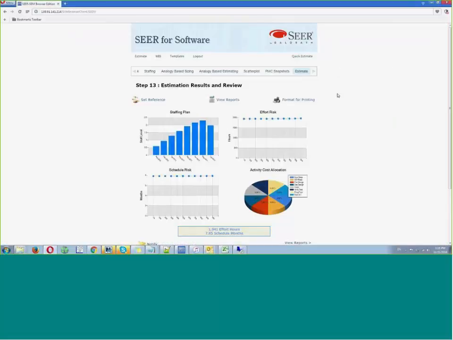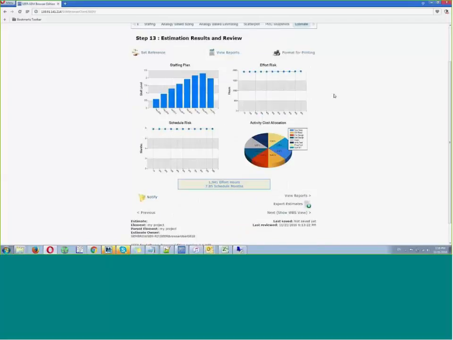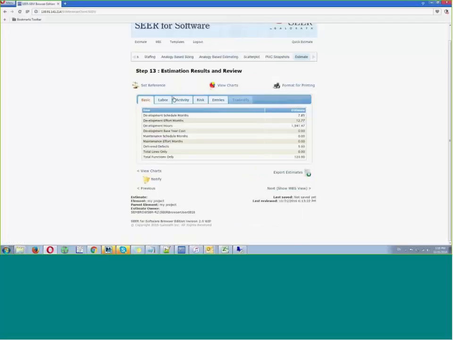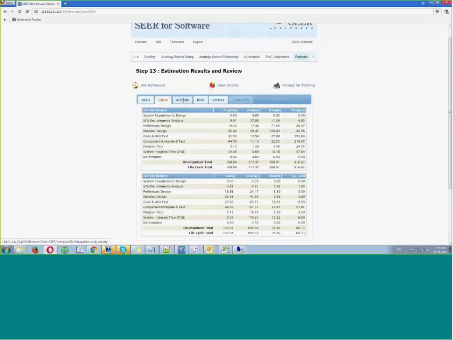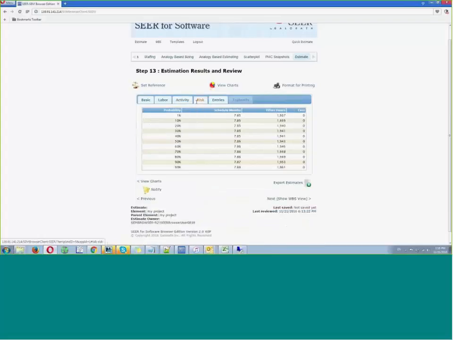All right, so we have a basic estimate of the project here, and this one happens to be about 1,900 hours and about 8 months. The browser edition has the most common charts and reports that SEERSEM uses. These 4 charts are typically those people most ask for. The reports, basic, a labor report, an activity report, and risk are the reports that typically you get to see